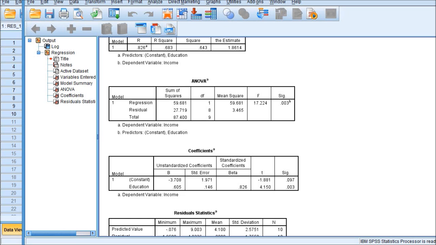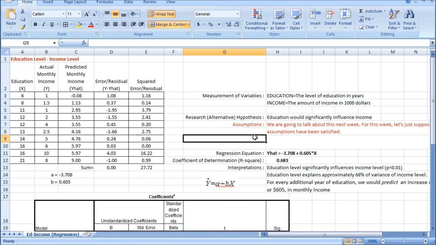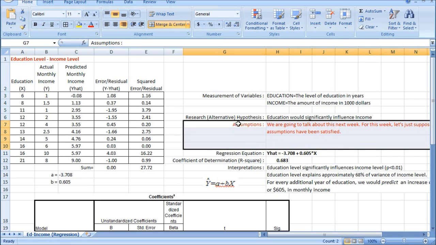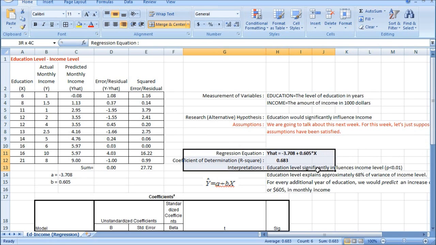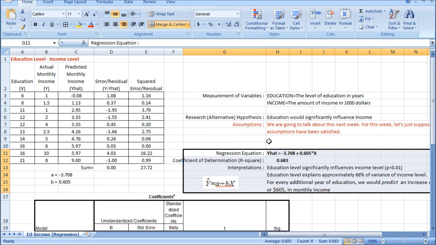That's why you see here why I put the assumption boxes here before this regression equation and interpretation.